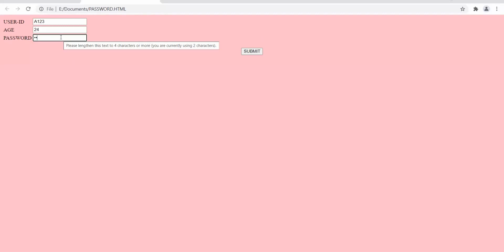Okay, now I type more characters. I can type as many characters as I want because there is no restriction on the maximum, but minimum should be 4. Okay, I hope attribute min length and max length both are clear to you, right? All right.